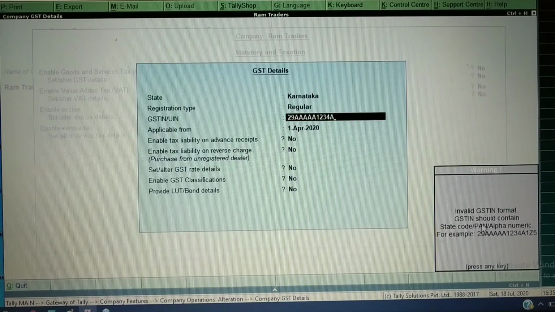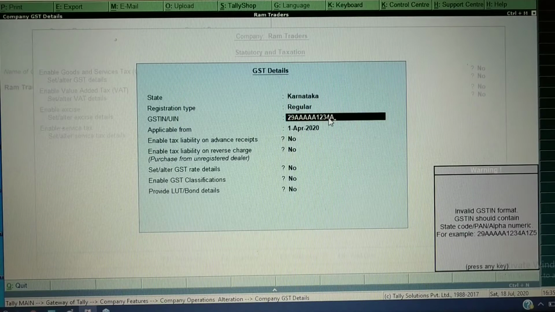If you did not understand, we can follow this format. The first two characters are the state code, and the next 10 are the PAN number: 5 alphabets, 4 numbers and one more alphabet.